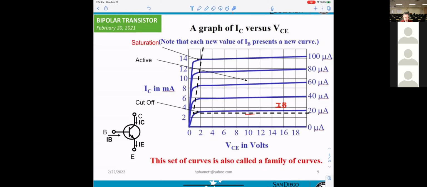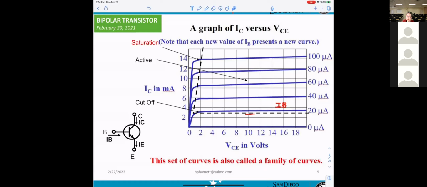Okay? And now, in here, they get the 3 regions. One part right here, that area is for saturation. And the part down here, they will be cut off. We already know.